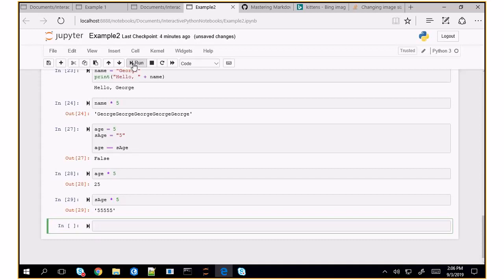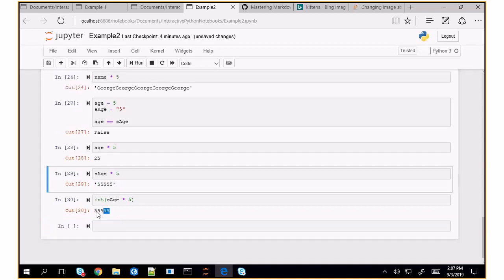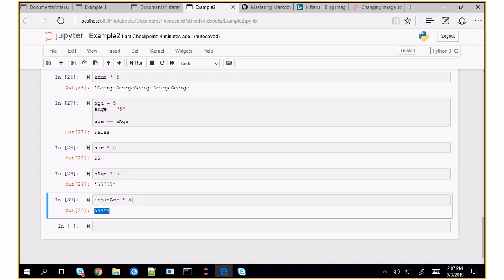So if we wanted to say int s age times 5, we run that. Now the result is actually, see how it's not in quotes anymore? The result has actually been turned into an integer. So that's another function that you didn't know before. That function turns a string into a number. Now that function's going to have problems turning